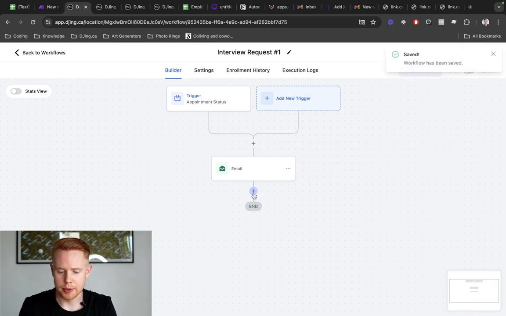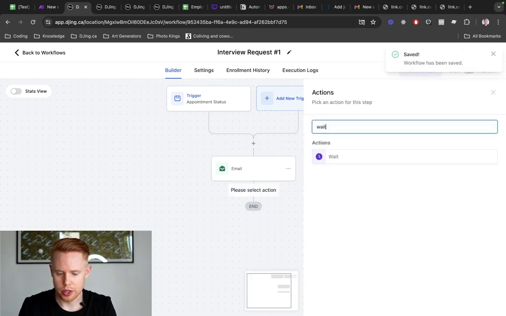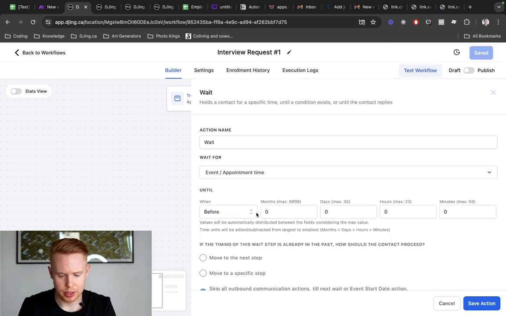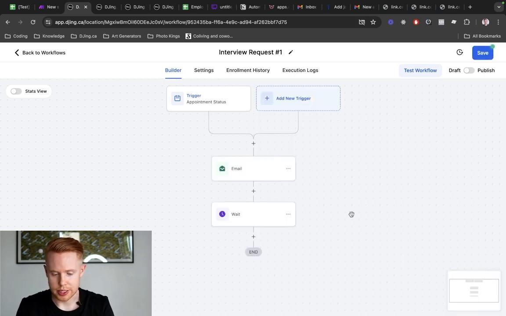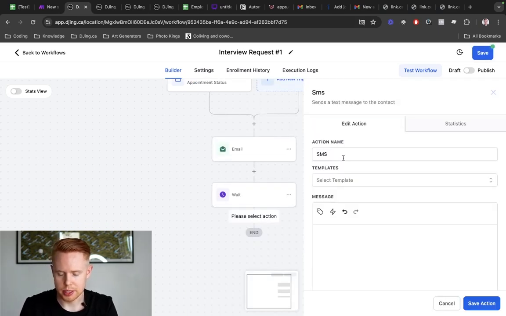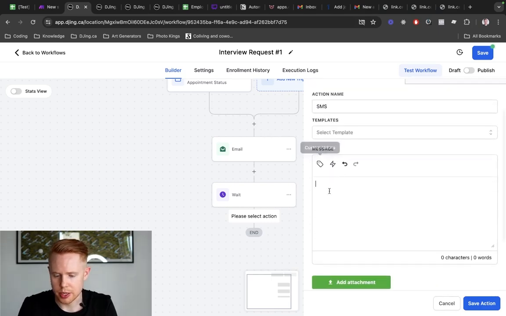You can add a wait step here, and you can go event appointment time, and maybe you want to do like 1 day before, send another reminder, but I'm just gonna do, in this instance, 30 minutes before, just to make this video a bit more short, because the purpose isn't necessarily these sequences. But you can just say 30 minutes before the appointment, you can send a message, hey,